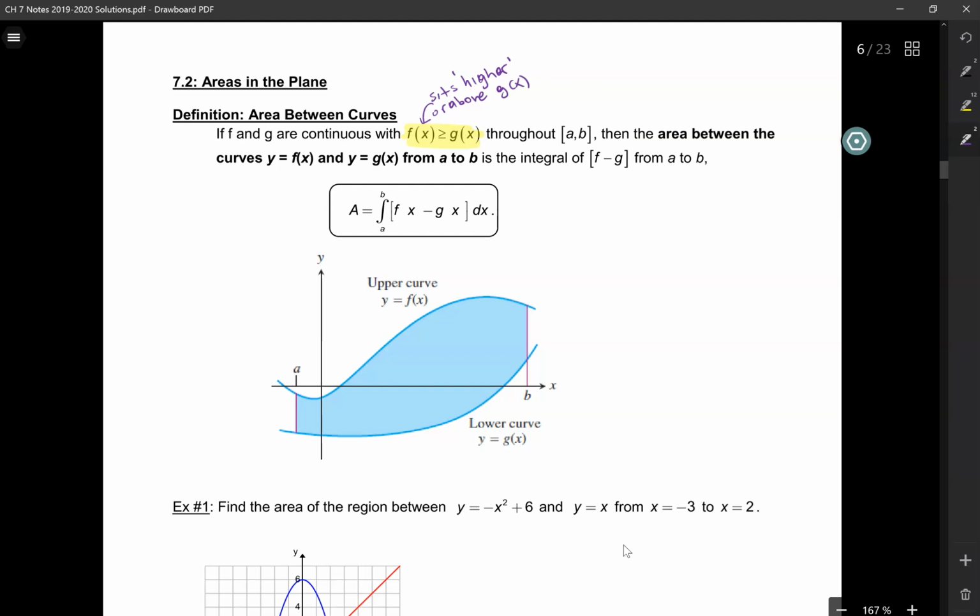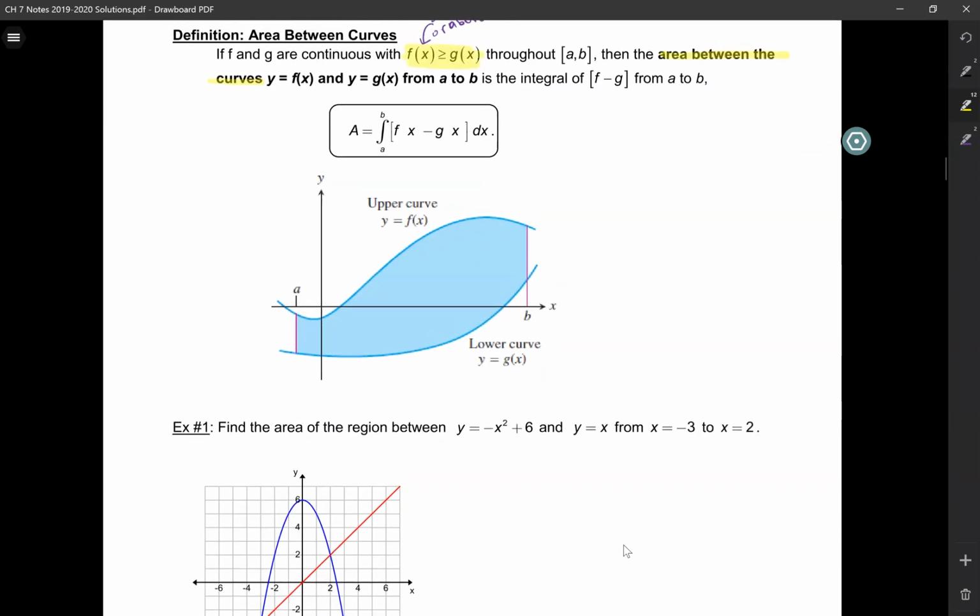That's what it means when something is greater than another function. So if f of x is greater than g of x throughout [a, b], then if we need to find the area between the curves from a to b,